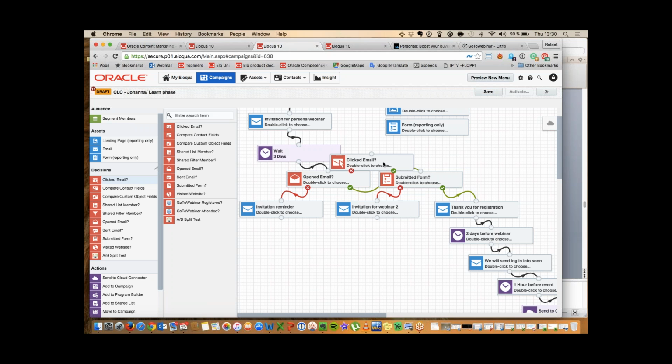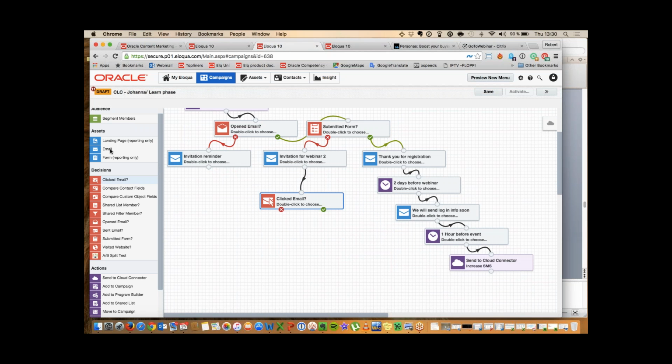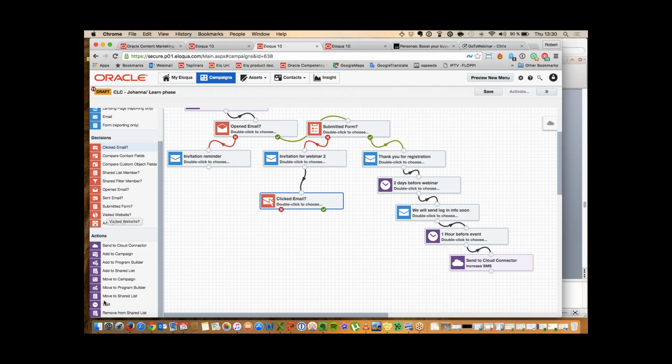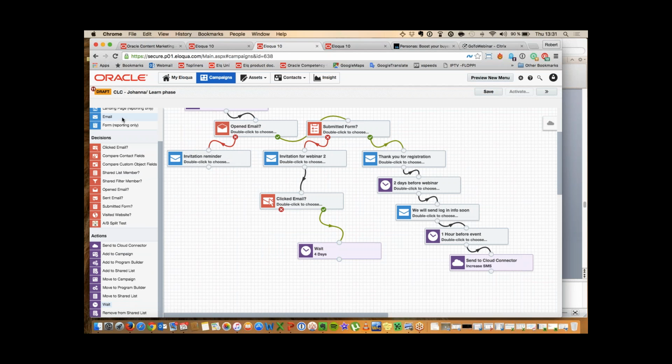I promise you I would look at whether they clicked an email. I take that element into my campaign canvas here. I just put this in, and for the ones that clicked an email, I will maybe wait for some time. I have a wait step here. I'll just connect the dots, configure wait for maybe 4 days, and then send them a different email, which is